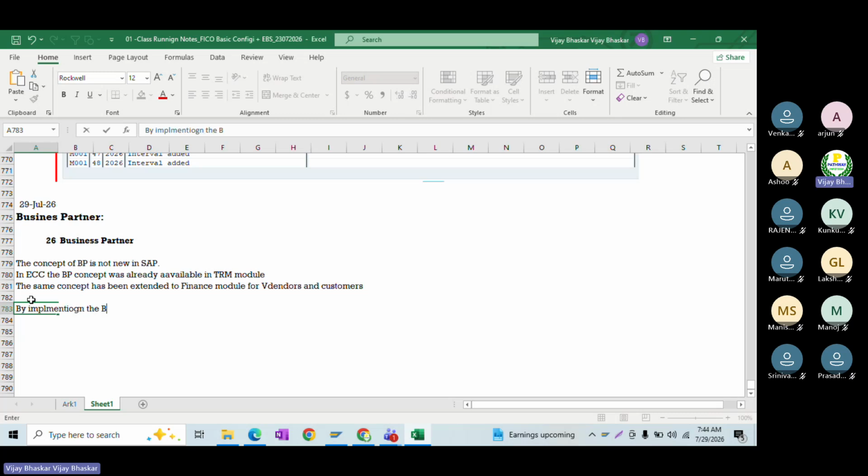By implementing the BP concept, we do have the following advantages. The first thing is that let me open the system here